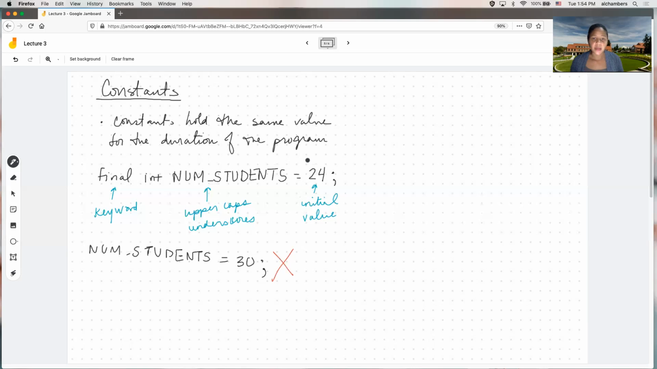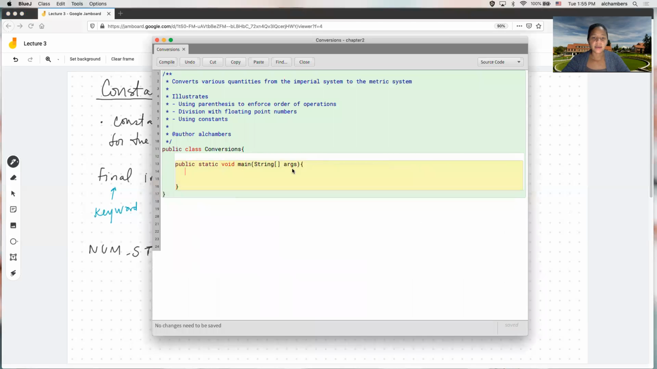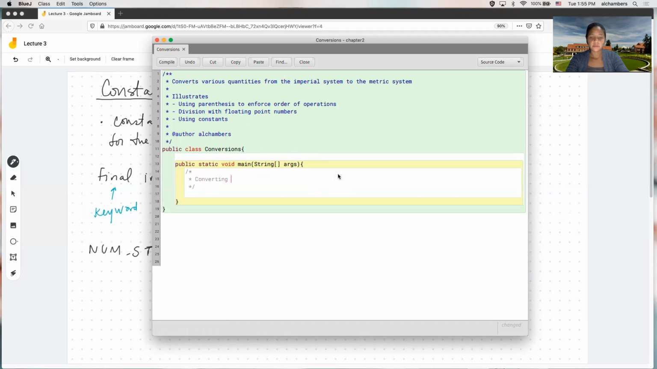Okay, so let's stop now and just look at some code examples. So here I have an empty class and wanted to look at just converting various quantities from the imperial system to the metric system and writing code to do that. So the very first example will be converting Fahrenheit to Celsius. And the equation for doing that is that Celsius